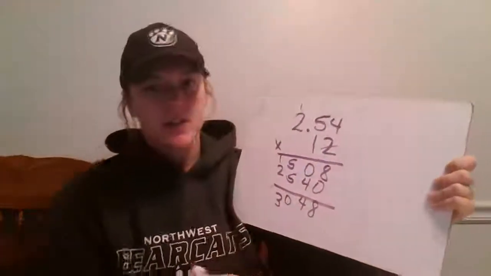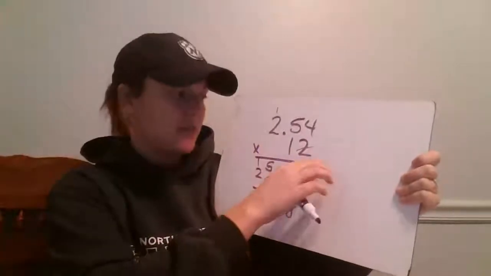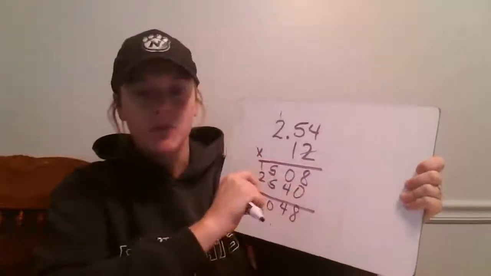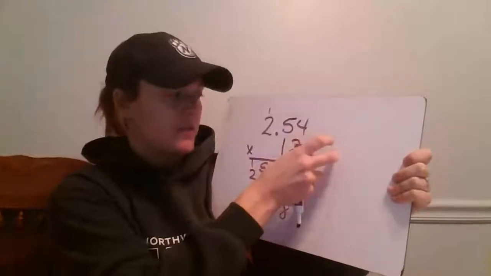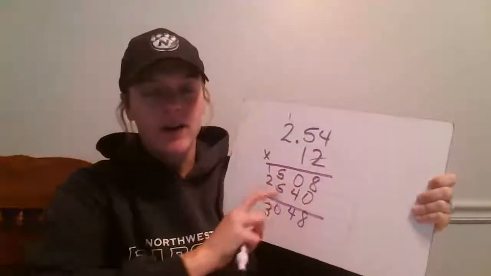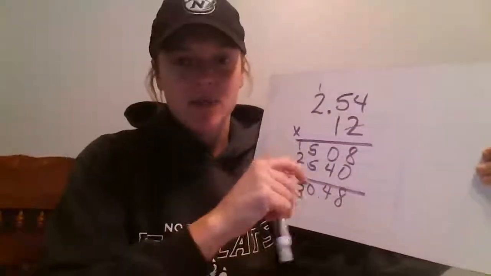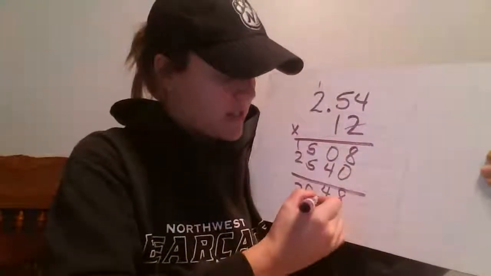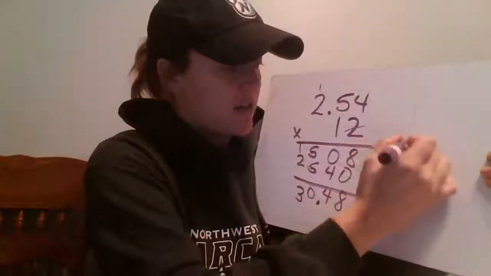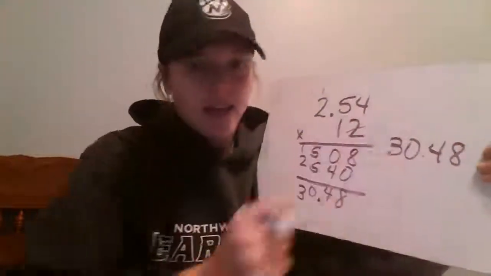Okay, so the 12 does not have any decimal points because it is off to the side. So we do not have to count. So this is going to be 0. Since 2.54 has 2 decimal places, that means we are going to have to move our decimal over twice, which is going to give us 30.48. 8 as your final